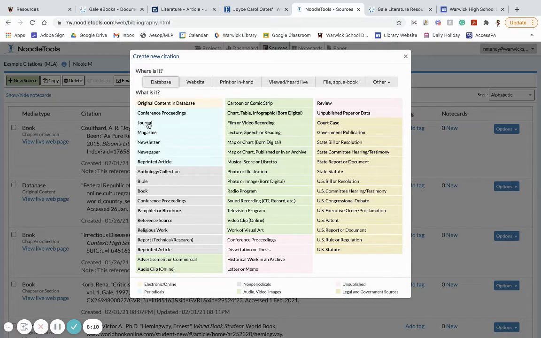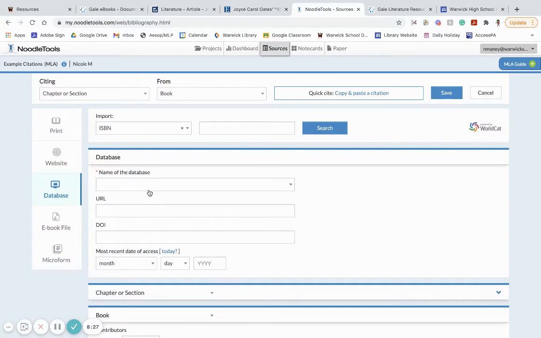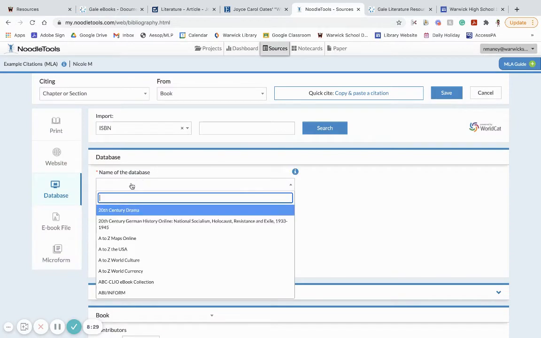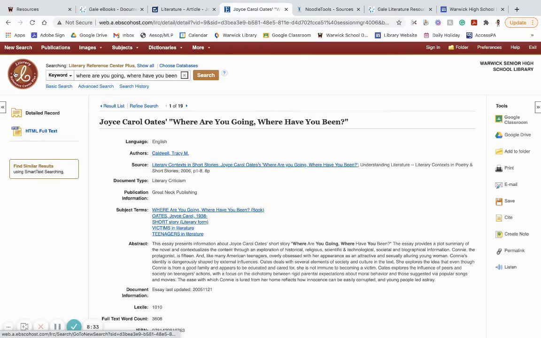If it is a journal or academic journal, you would select journal. If it is a periodical, it might be a magazine or newspaper. If you need help figuring out what it is, please don't hesitate to reach out, and I will happily assist in that. Okay, so the name of the database is the Literary Reference Center Plus,